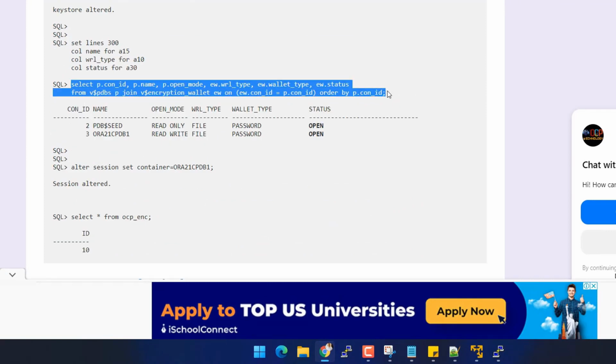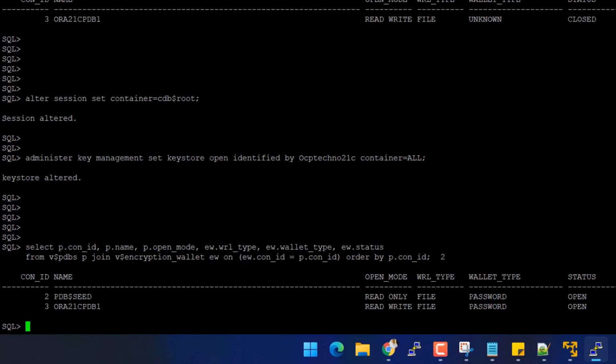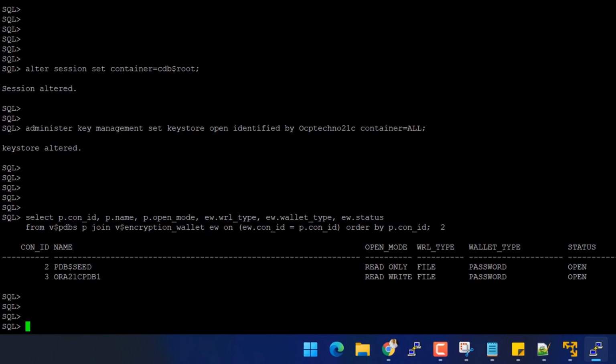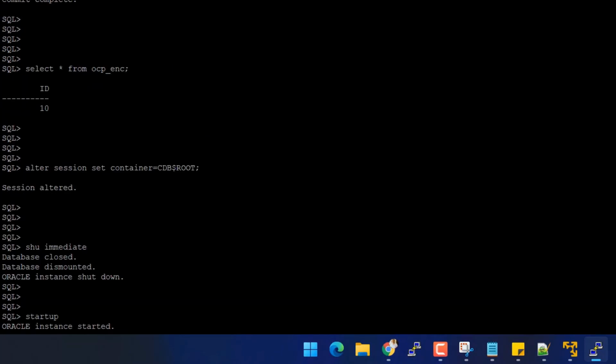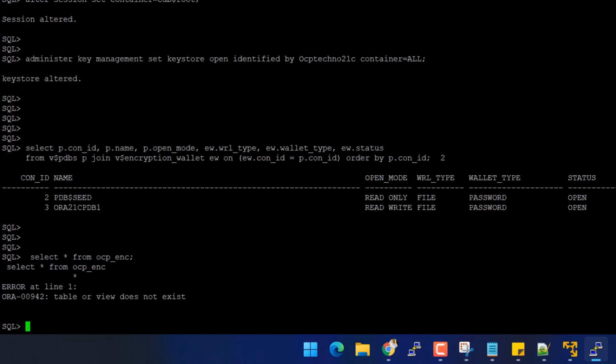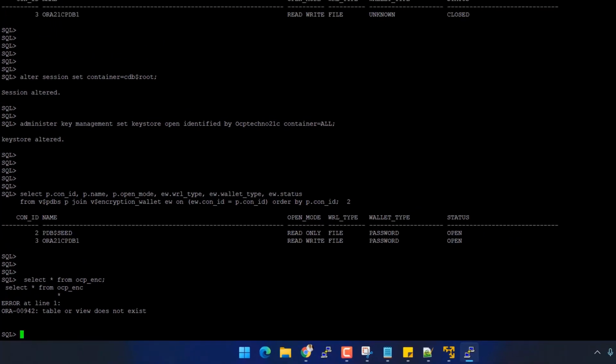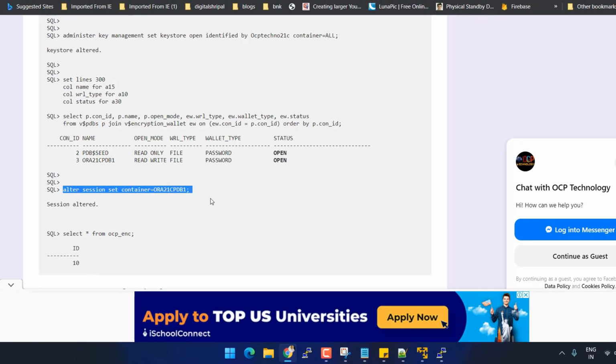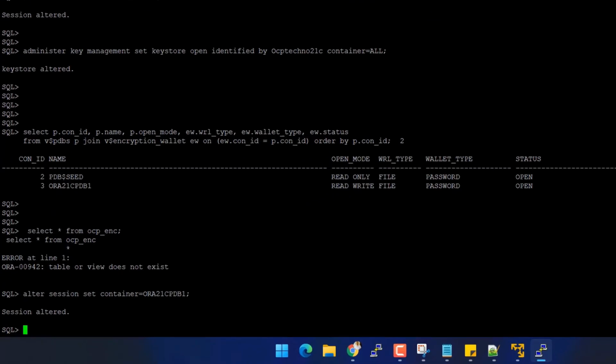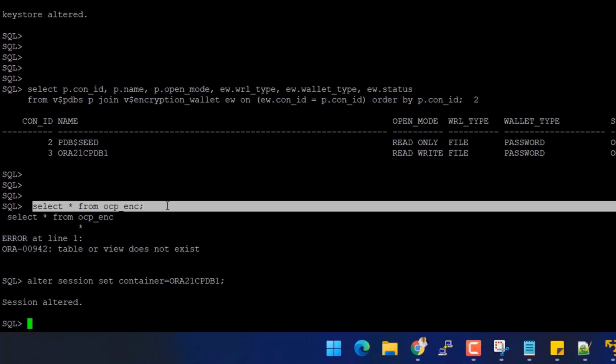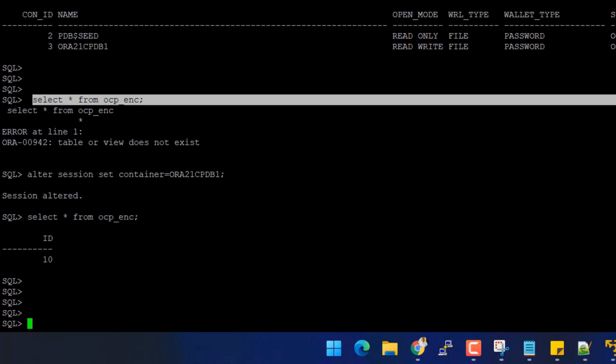This time the wallet status must be open. Okay, wallet is open. Now connect with the container database and try to access the data from the table. So let's connect with the container database and try to fetch the record from the table. And you can see this time you are able to access the data from the table.